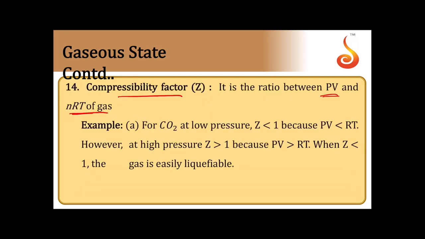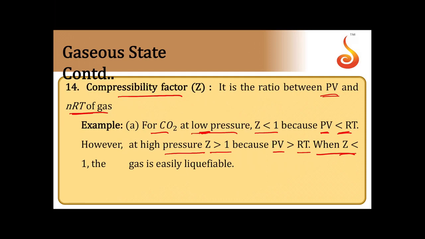Let us come back once. So, for carbon dioxide gas at low pressure, the Z value is less than 1. At low pressure, the molecules are close enough that they experience the force of attraction. Thereby, the value of PV is less than RT. However, at very high pressures, the molecules are too close and start experiencing repulsion. Thereby, the value of PV will be more than RT. Hence, Z will be greater than 1. So, when molecules are too close, they start repelling. When molecules are far away, they attract each other. Therefore, Z is less than 1.